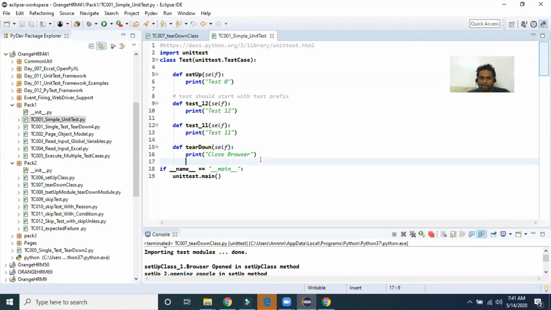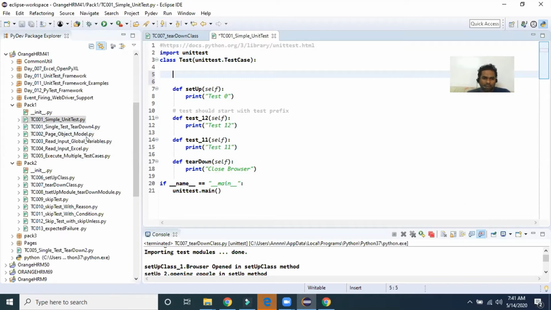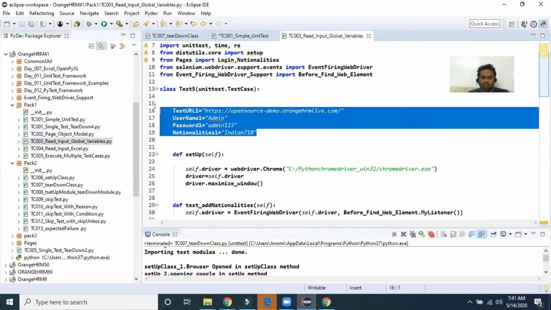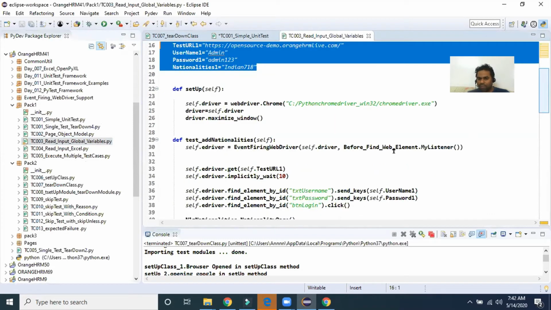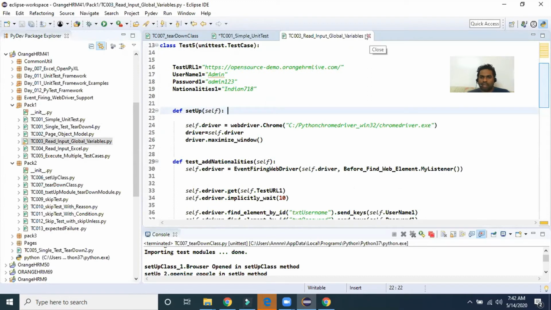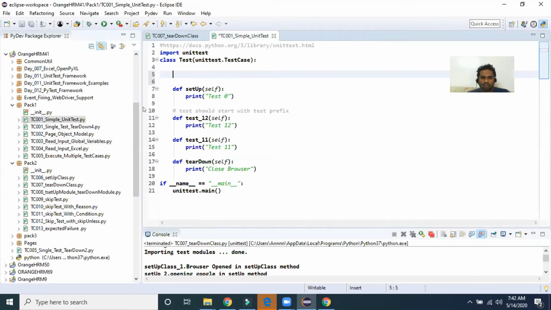There was one more option that we discussed: global variables. Global variables means inside the class we declare them here. That is what we used for the parameterization part, correct. Those are the variables, and these are the classes. So, class methods.